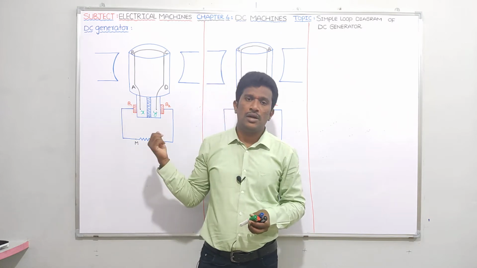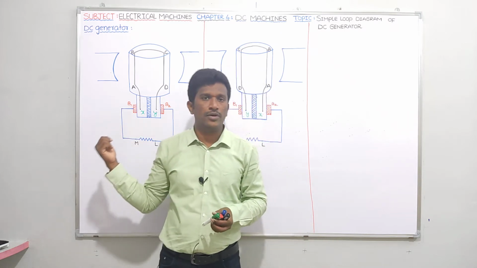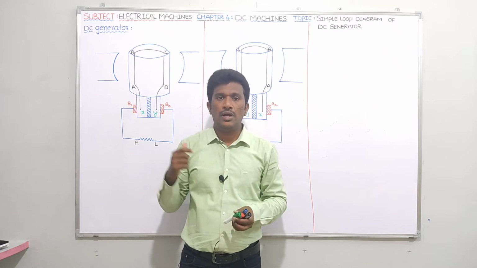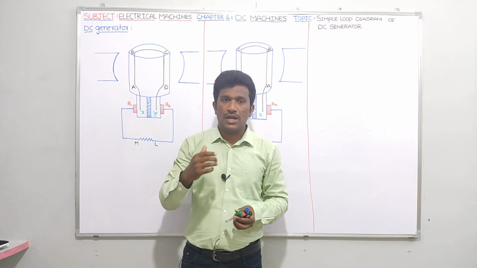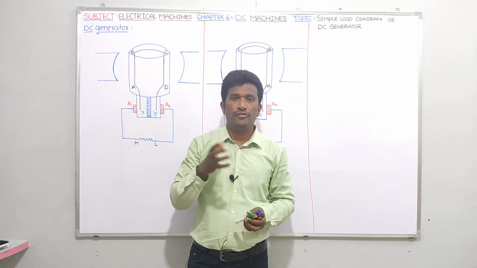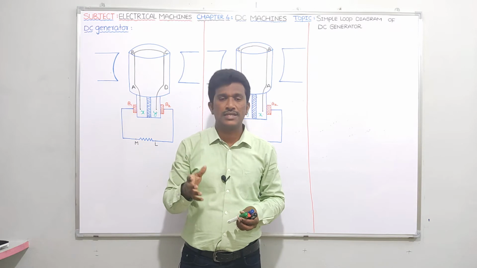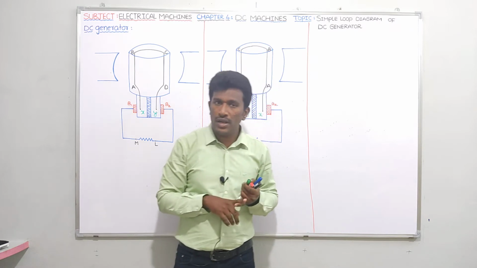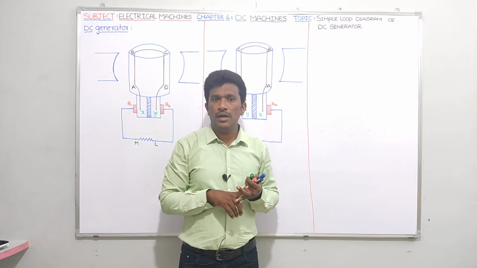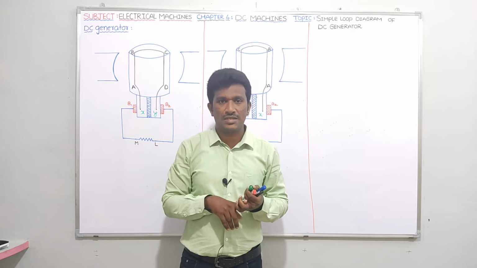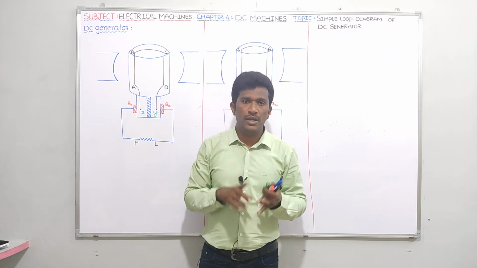Here we'll be using a field winding for producing a magnetic field. We'll be giving DC supply to the field winding so that a magnetic field will be produced. Since you are giving DC supply to the field winding, the magnetic field is a DC magnetic field, or like I said, a time invariant magnetic field. So the conductors are moving and the magnetic field is time invariant, which is nothing but relative space variation between the conductors and the magnetic field. So EMF will be induced.